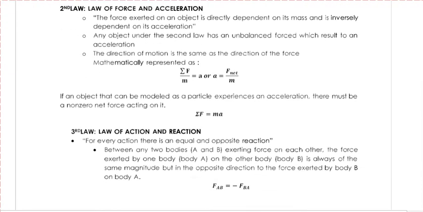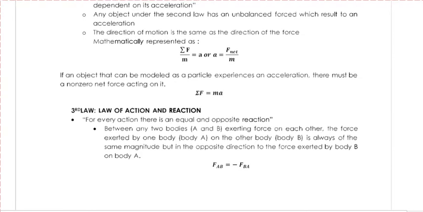For the third law of motion, we are aware of this one, the law of action and reaction, which states that for every action there is an equal and opposite reaction. Between any two bodies exerting force on each other, the force exerted by one body on the other body is always of the same magnitude but in the opposite direction to the force exerted by the other body on the first. So for example, you have two objects. For example, whatever force the first body exerts on the other object,